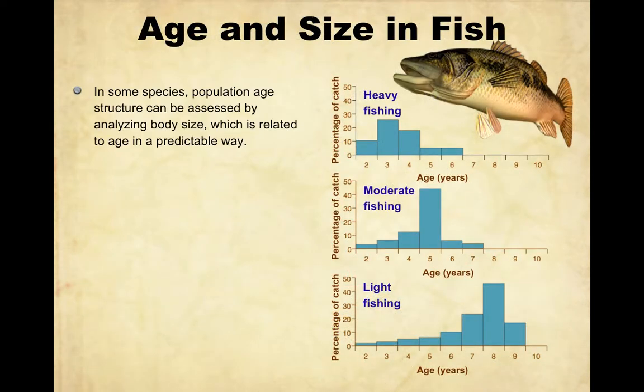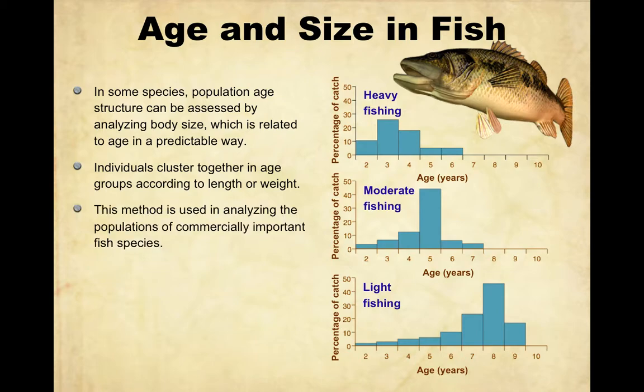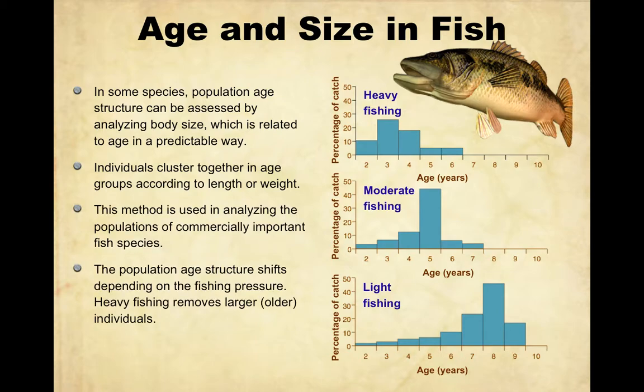When we're looking at fish, population structures can be analyzed by body size because that's related to age in a super predictable way. So if we look at three different graphs, I'm just going to pull all these up for you. What we're looking at is the percentage of catch and the age, okay? So where there's heavy fishing, moderate fishing versus light fishing. In heavy fishing,